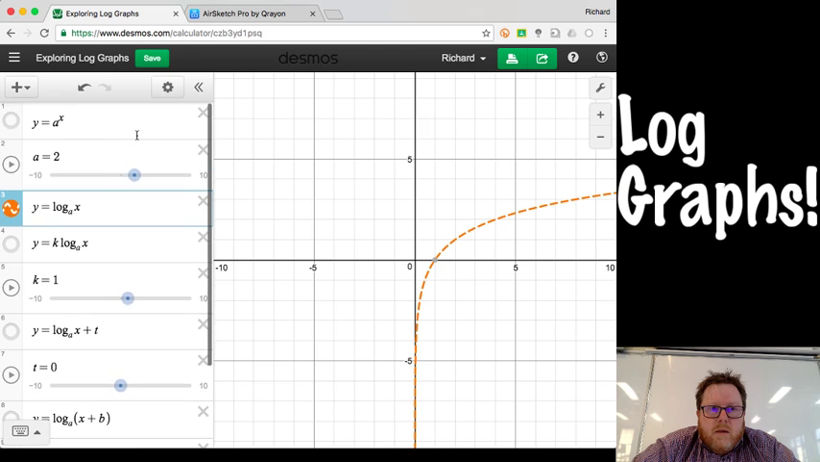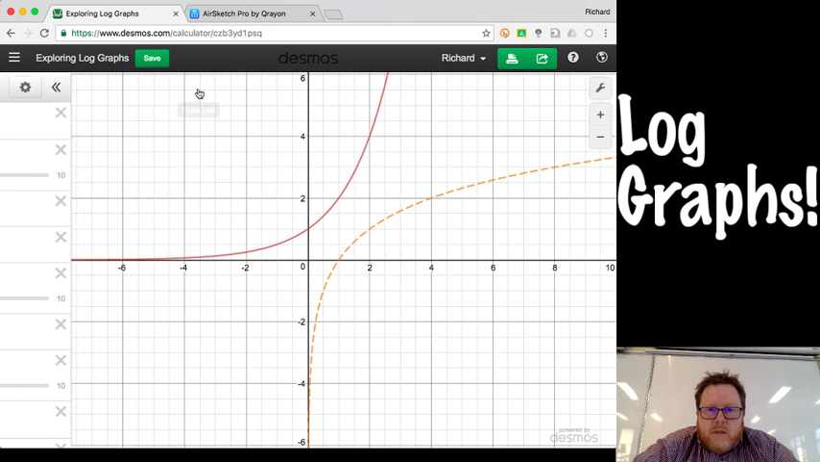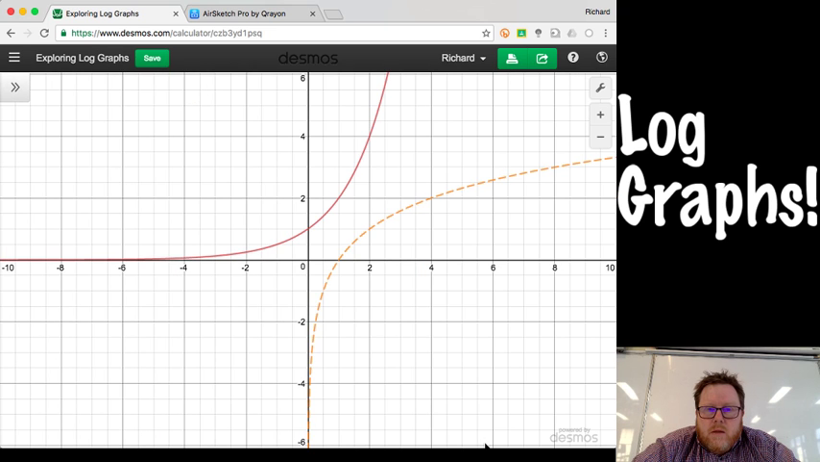Let me turn on the y equals a to the power of x graph. I'll just hide this for a second so we can see it. There we go. There's a beautiful symmetry there between the a to the power of x graph and the log base a x graph here. Okay, the symmetry of course is diagonal,